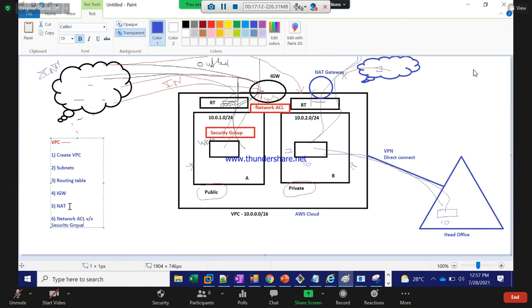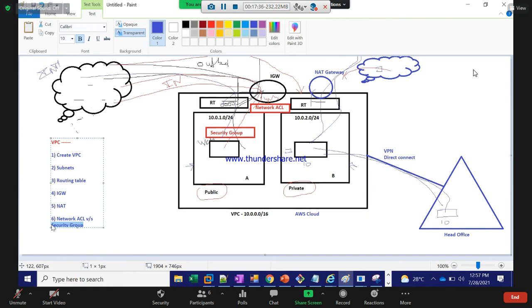Why? Because both will control your traffic. Network ACL controls subnets directly, which is the first layer of security. And the security group will be mapped to your instances.